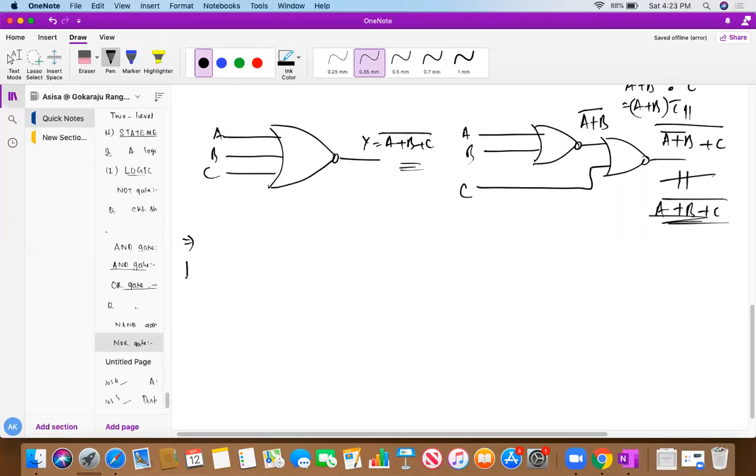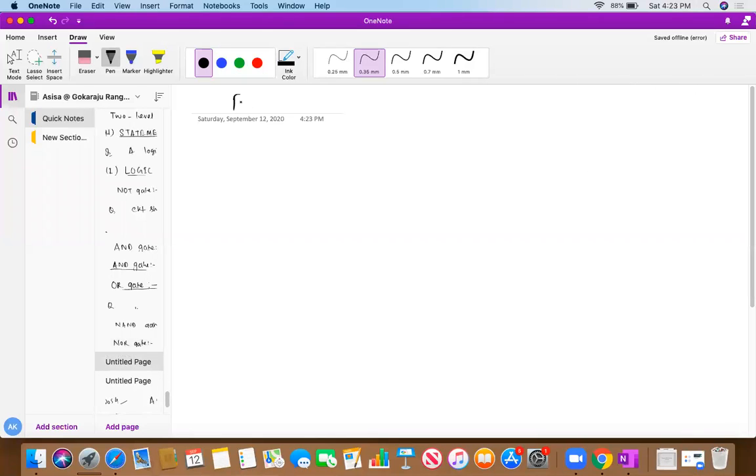Okay, then we'll move to the next gate, a very important gate, the XOR gate or XNOR gate. First we'll start with the XOR gate. We'll start with a new page anyhow. So this is my next gate, the XOR gate, the exclusive gate, mainly used for arithmetic circuits, for error correcting and detecting, and it will also be useful in code converters and so on. We'll see how these functionalities work, and a lot of questions actually come up from this. We'll solve many questions on the XOR gate today.